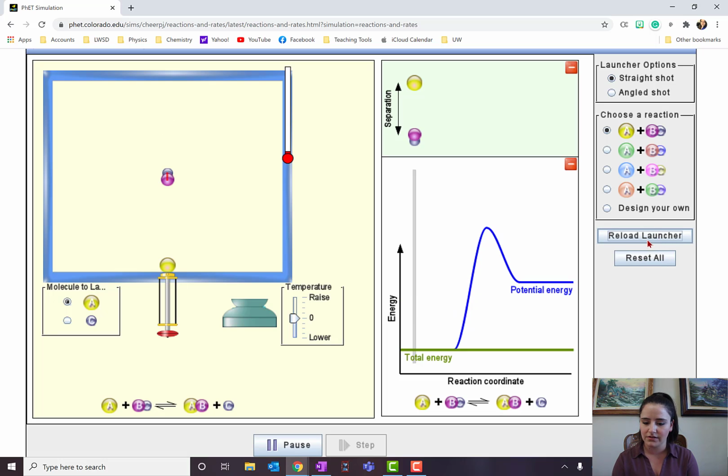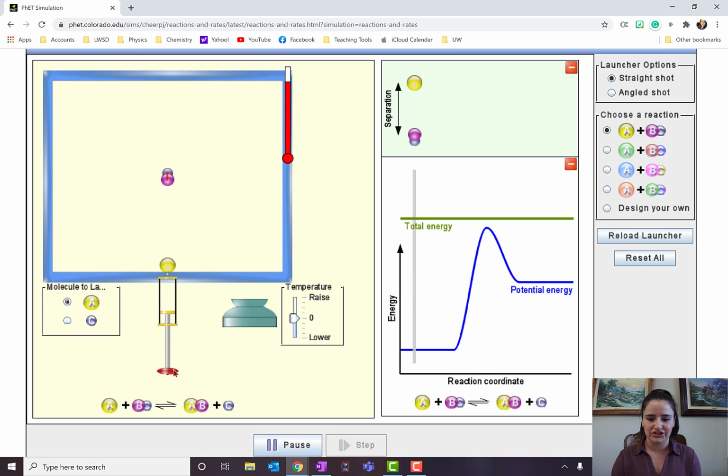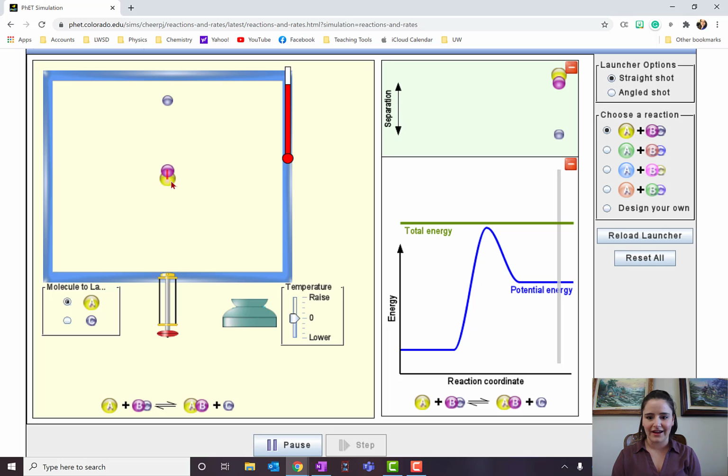So I'm going to go ahead and reload the launcher, and I'm going to give it enough energy to meet that energy of the products, okay? But you'll notice there is still no reaction happening, okay? They're still just bouncing off of each other. You need to get an even higher amount of energy. That is called the activation energy. If I take that green line up over that blue bump in our potential energy diagram, now we get that reaction happening. Now this one is a reversible reaction, so you can see it going in both ways,